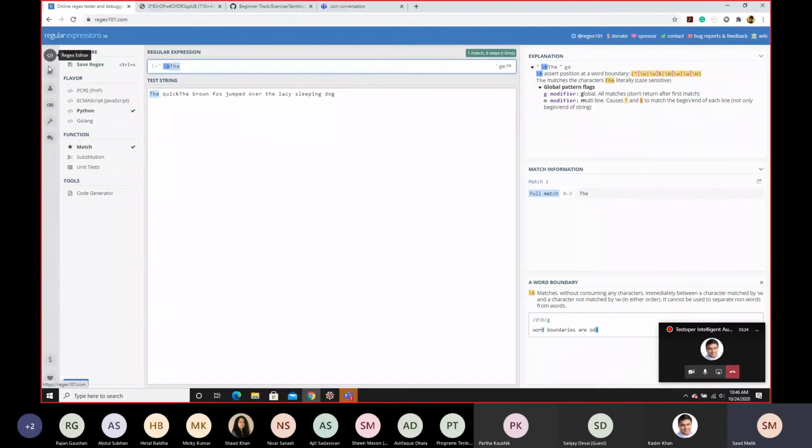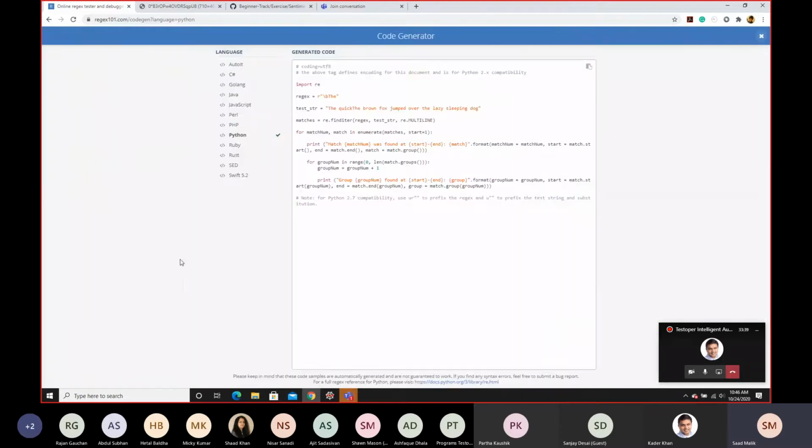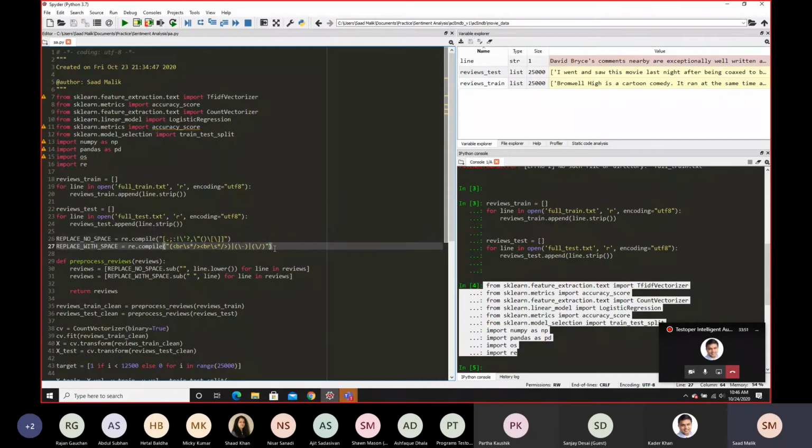And then you can also export the script. Let me just check where the functionality is for that. Maybe the website has changed, but oh, there it is. So you can just basically get the script for the regex command you just applied. Right, so this is a tool that is very useful when you're dealing with NLP.